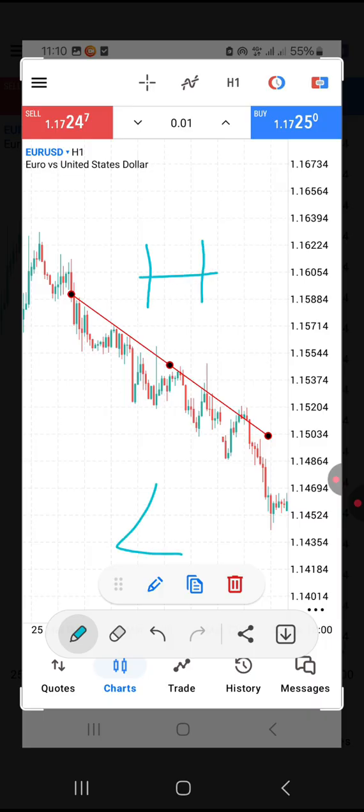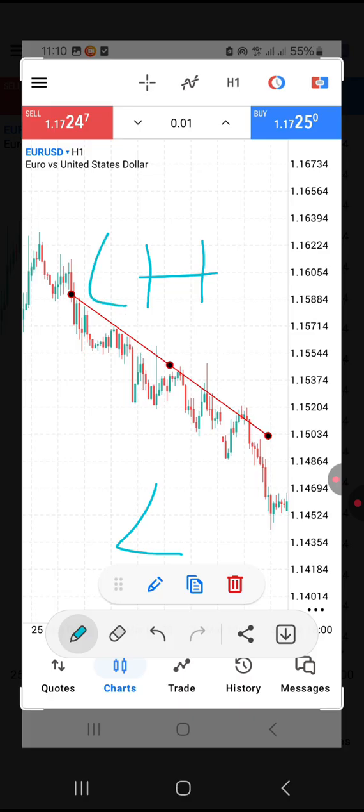Low. So for a bearish trend, it means that sellers are stronger than buyers. They are dominating the market, pushing price down. There are more people willing to sell than people willing to buy. It's just simple. So for a downtrend, the highs are getting lower,